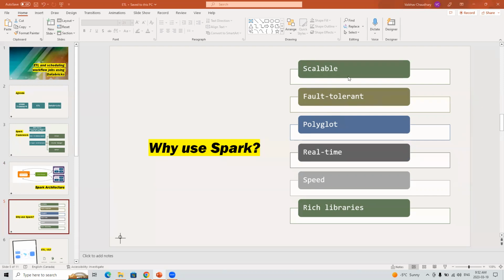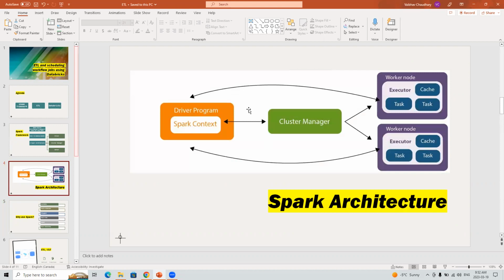So it's fault tolerant. Why? Because there's something called DAG, a directed acyclic graph, which actually makes a plan. So it's not like when you submit an application and all of a sudden this gets assigned and just by a fluke this happens.